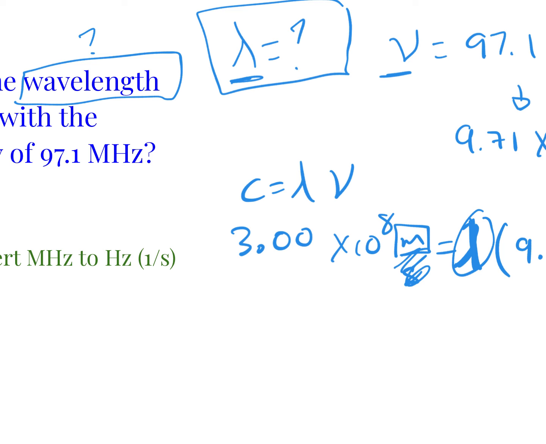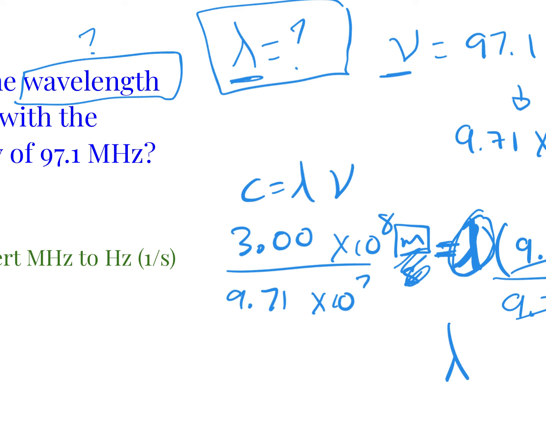I want the wavelength by itself, so I want to get rid of what's next to it. So to reverse multiplication, I do a division. And whenever you divide a number by itself, it cancels out. But the equal sign tells you that whatever you do on one side, you do to the other side. And so now just punch it out. I have left just the wavelength over here. I have the unit meter.